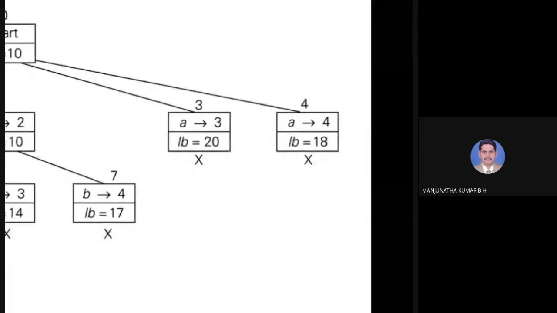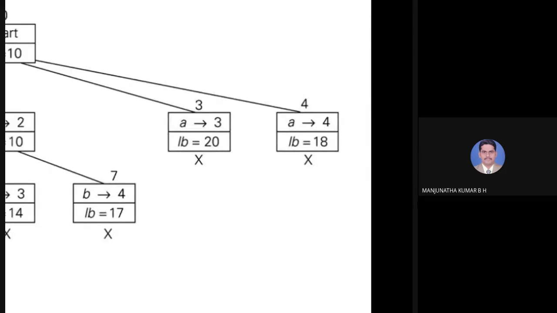Let me spend 1 minute on this solution. Since in the branch and bound technique you have to calculate the lower bound or upper bound value depending on the given problem. For the assignment problem, we need a lower bound value, so we calculated the lower bound value, and in each level we selected the node having the best bound value, and that node will be explored. This process is repeated until you reach the solution. So this is about solving an assignment problem using the branch and bound technique.